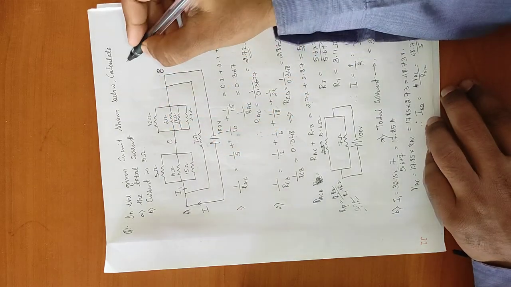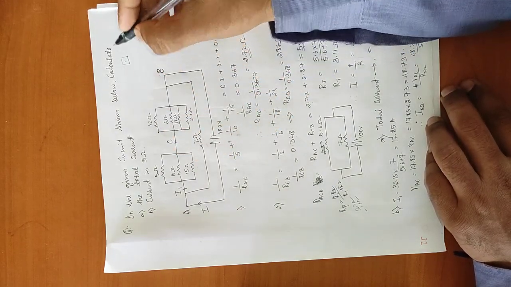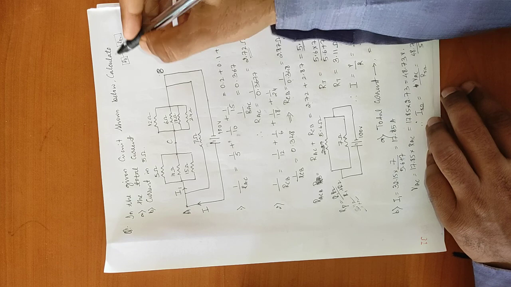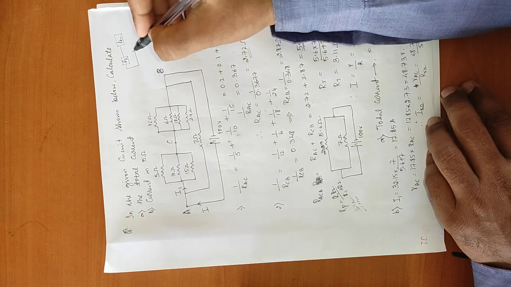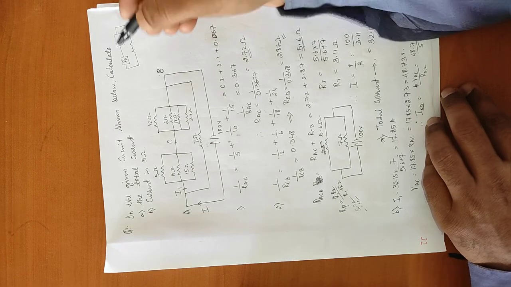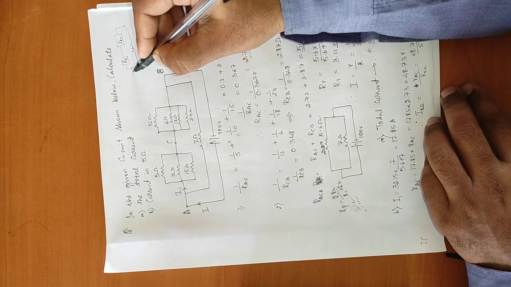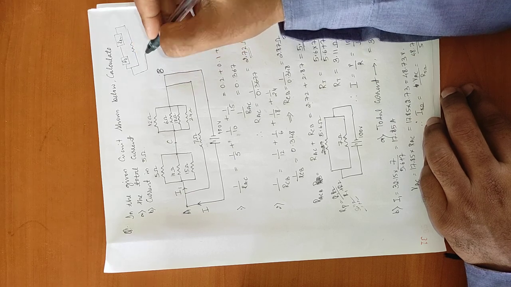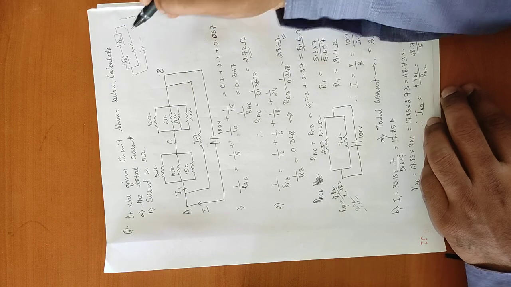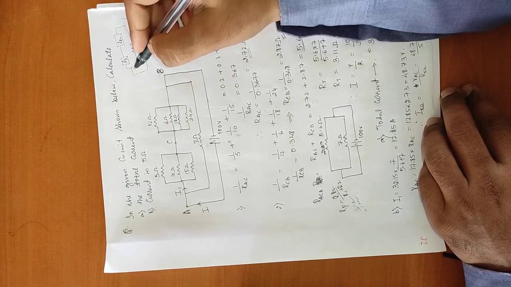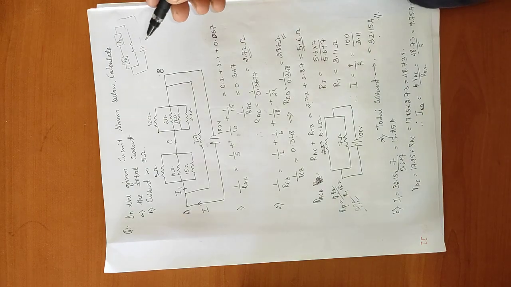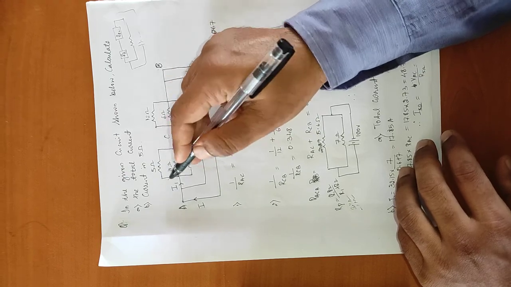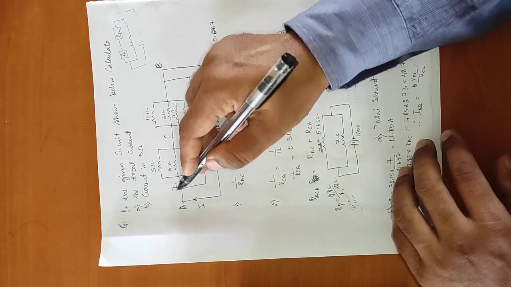So the circuit is somewhat like this. Say this is one parallel combination RP1, there is another parallel combination RP2. Now with this there is one more resistor, that is 7 ohm. There is one supply voltage. So the current is going to get divided into I1 and I2 over here. So the current flowing in this particular parallel branch is I1 only. So we need to find the value of I1.